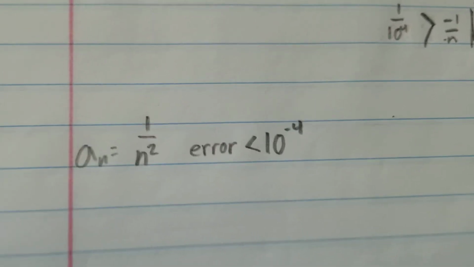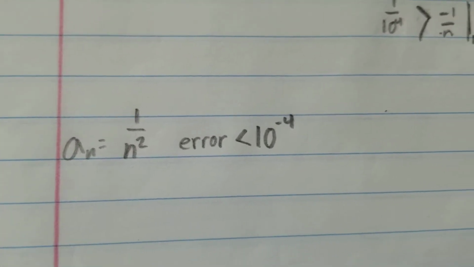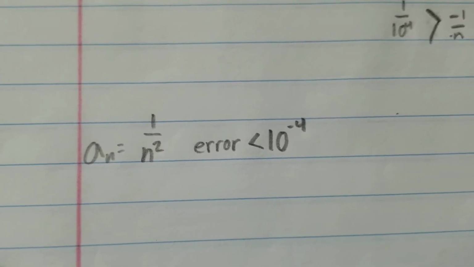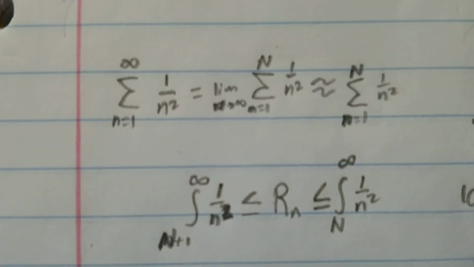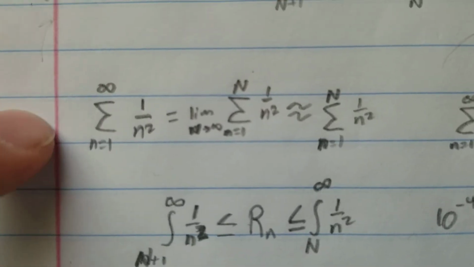Given the series a sub n is equal to 1 over n squared, we want to find what value of n we can plug in so that our series error is less than 10 to the negative fourth. So to start this out, we will rewrite it something like this, so that the sum of the series is